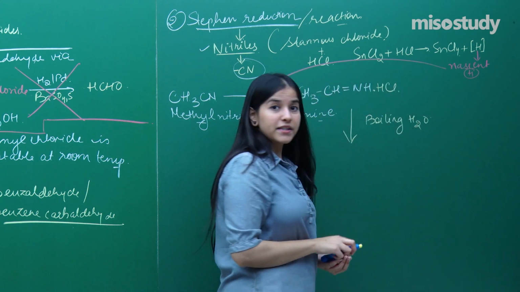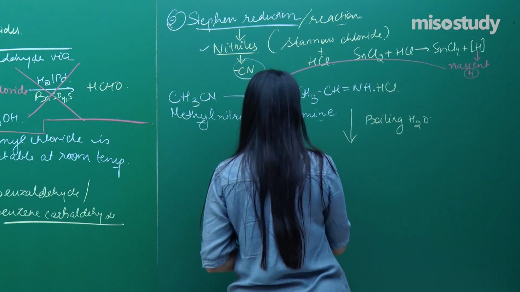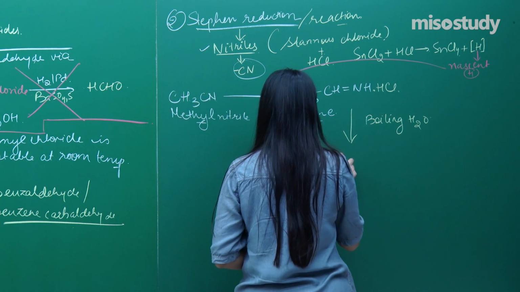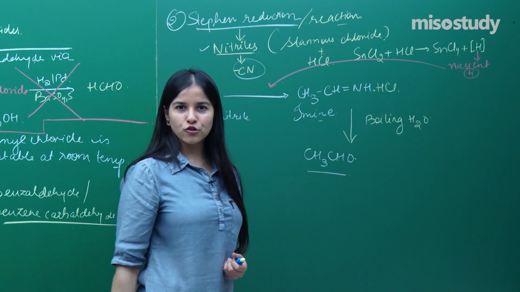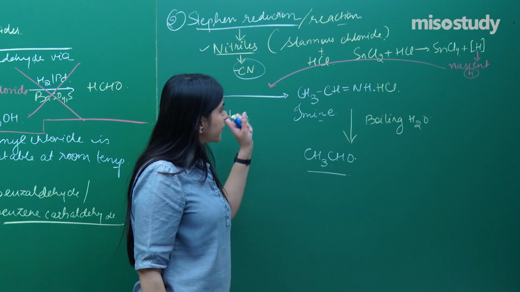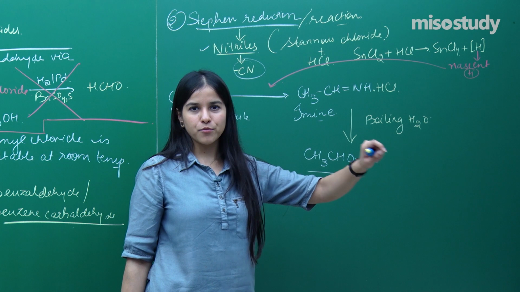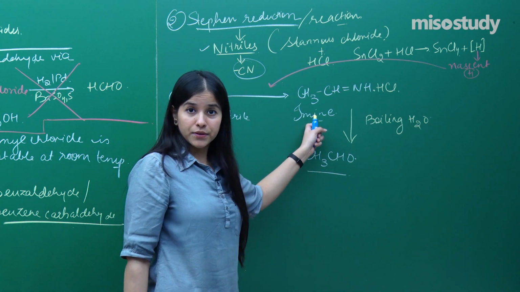That means I am performing the hydrolysis basically, and after this hydrolysis, I get CH3CHO, this is what I desire, right. So, I hope everybody has got this entire process, quite an important process. This is imine, right,